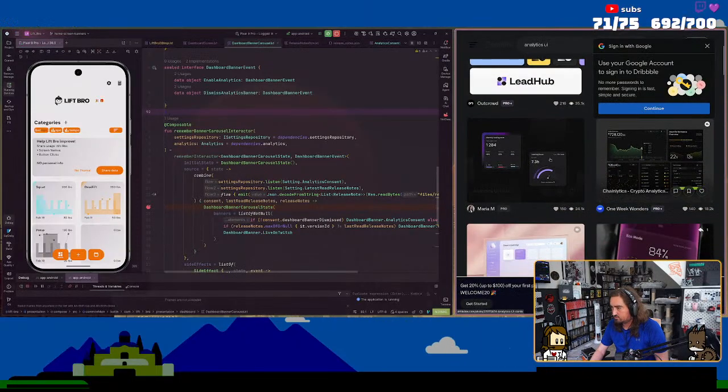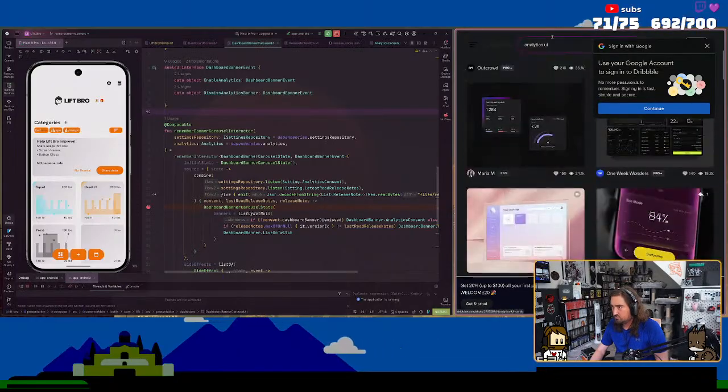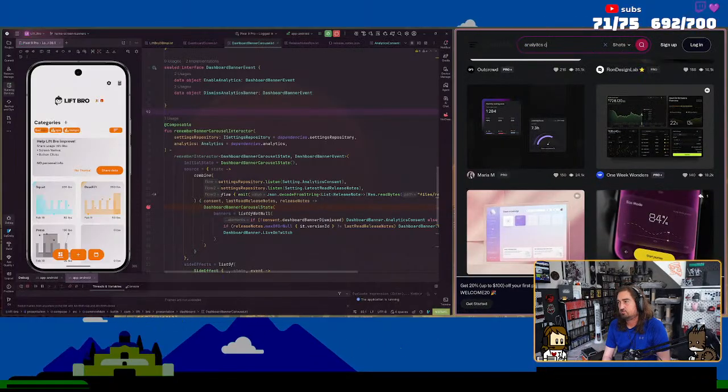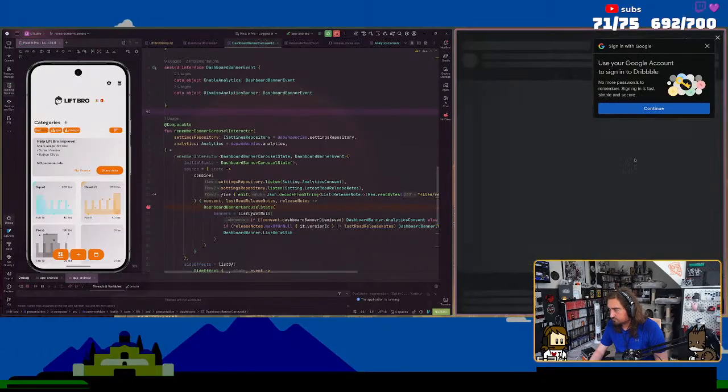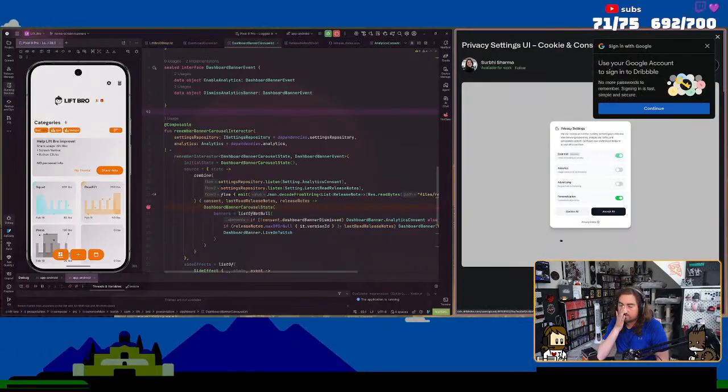Analytics UI is not going to get me anything, but I guess I don't need the UI. This is a UI website. Yeah, this is kind of like, I should also add this to the. Yeah, maybe I'll use something like this.